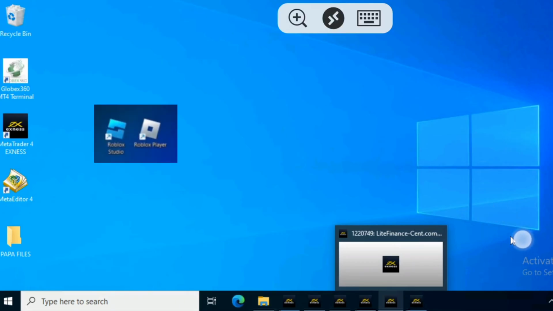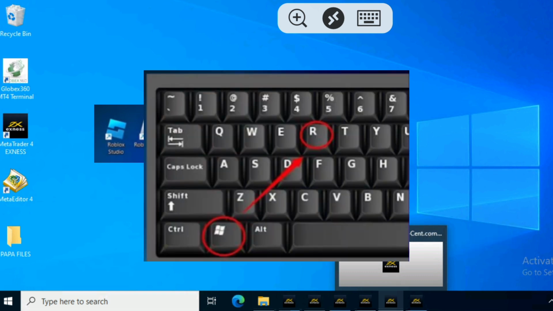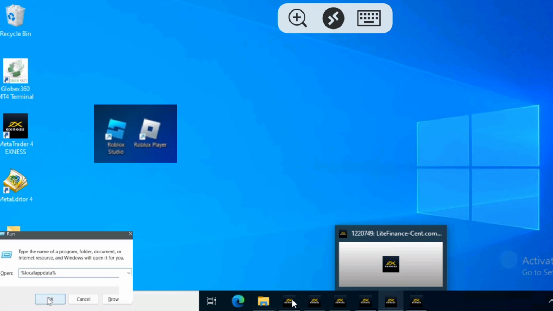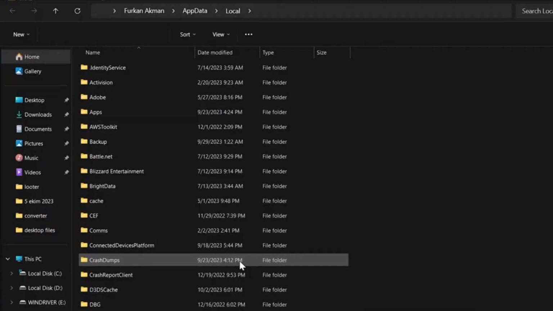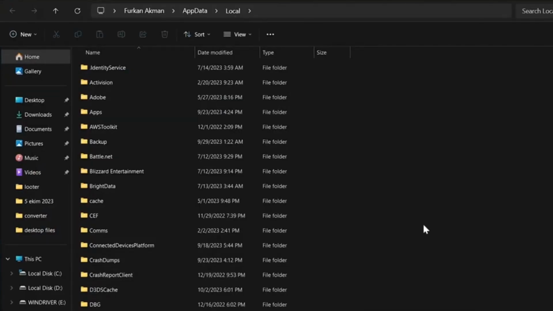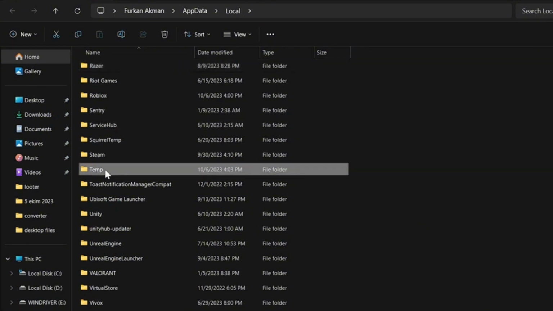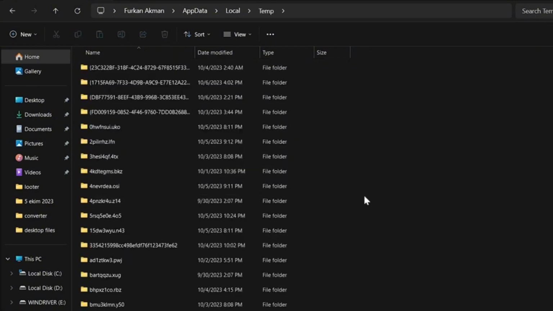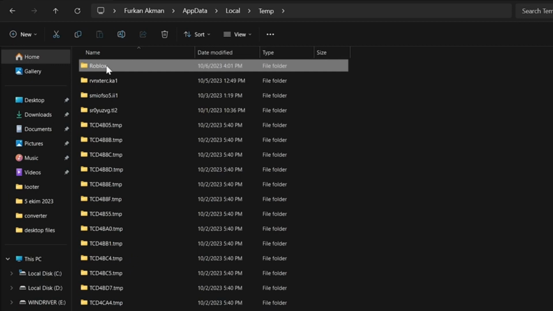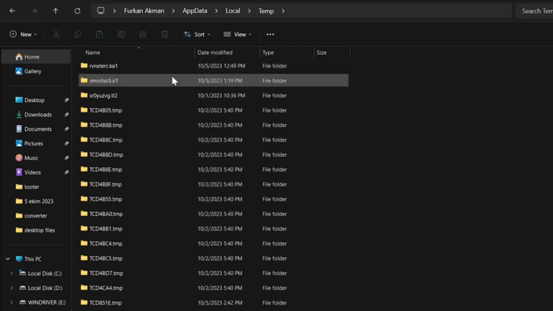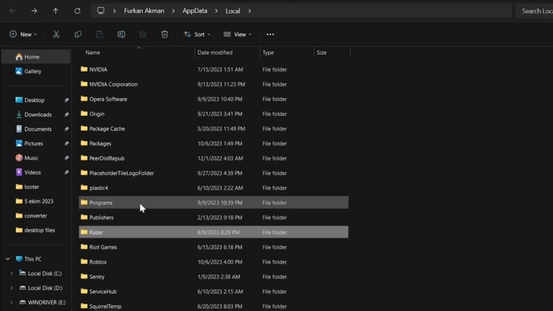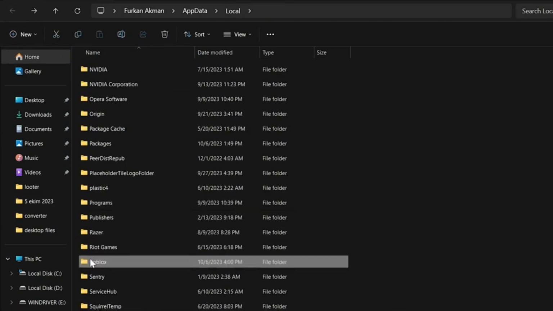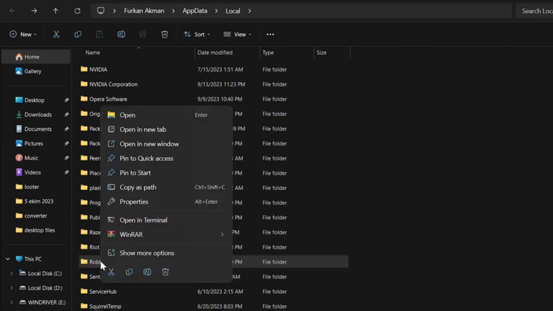After deleting the site data, we're going to press the Windows key, and type percent local app data percent, and it's going to bring us here. Now when we come here, we're going to see temp. We're going to search the temp folder and delete Roblox from the temp folder. Now we're going to go back and we're going to see Roblox here again. We're going to delete it again. So after deleting it,